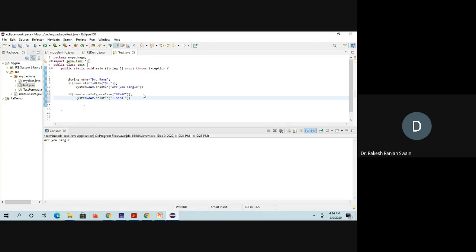If it is true, then it will print that. Else, otherwise, I print something like "match" or "does not match."